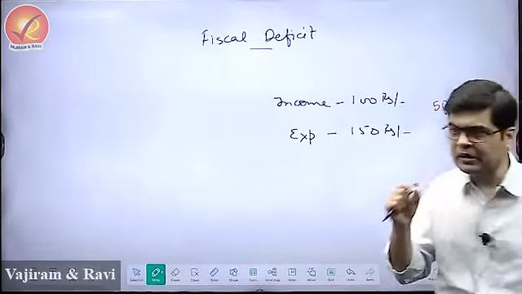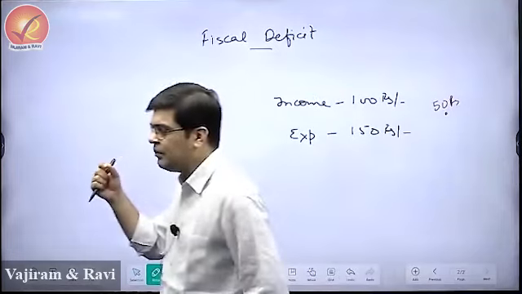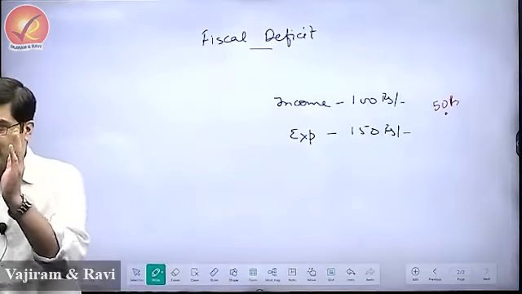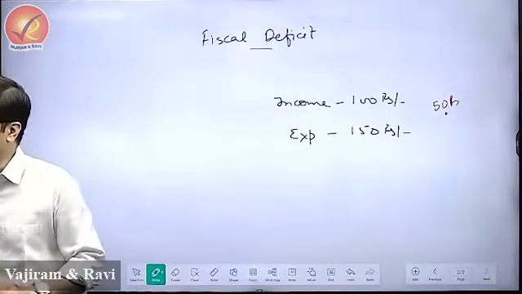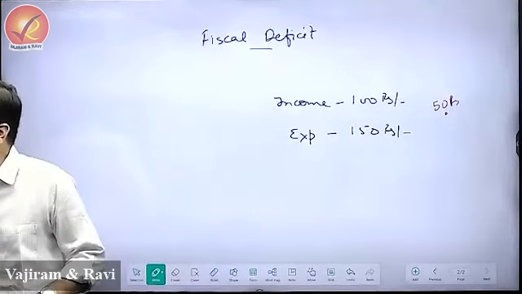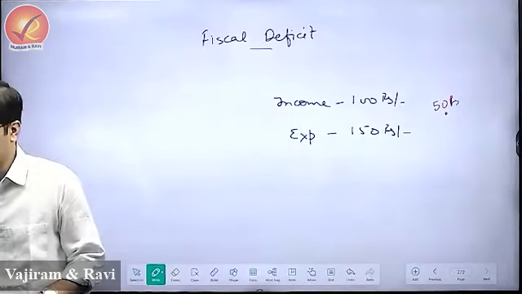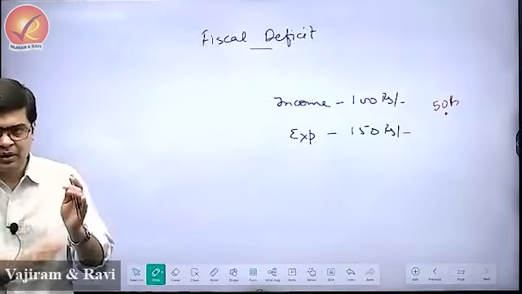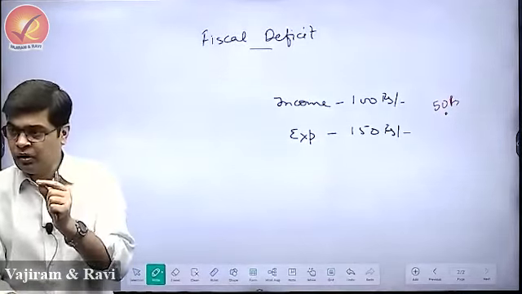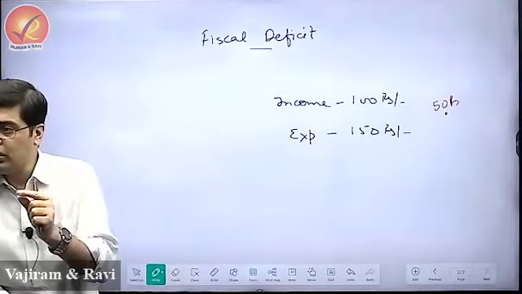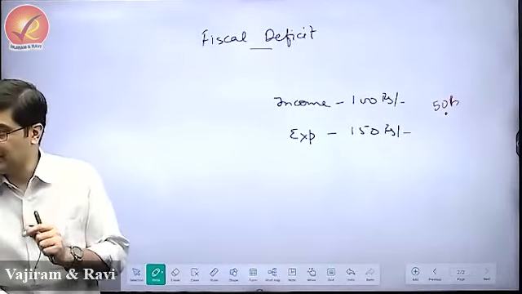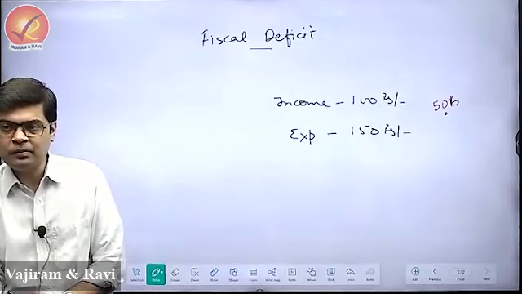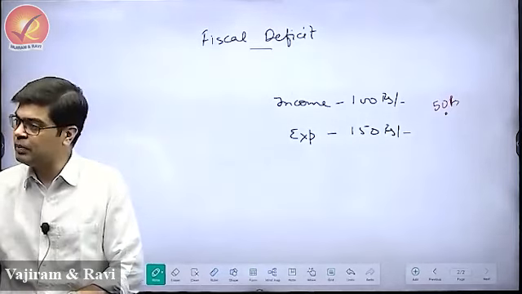Now, the government may be spending in terms of development of infrastructure. Let's say the government has a good amount of capital expenditure, where it spends some amount on, let's say, development of highways, bullet trains, airports. This is capital expenditure. But a good part of our expenditure goes on non-capital expenditure. That means largely the salaries drawn by people working in government departments and the pensions that are given to retired personnel.